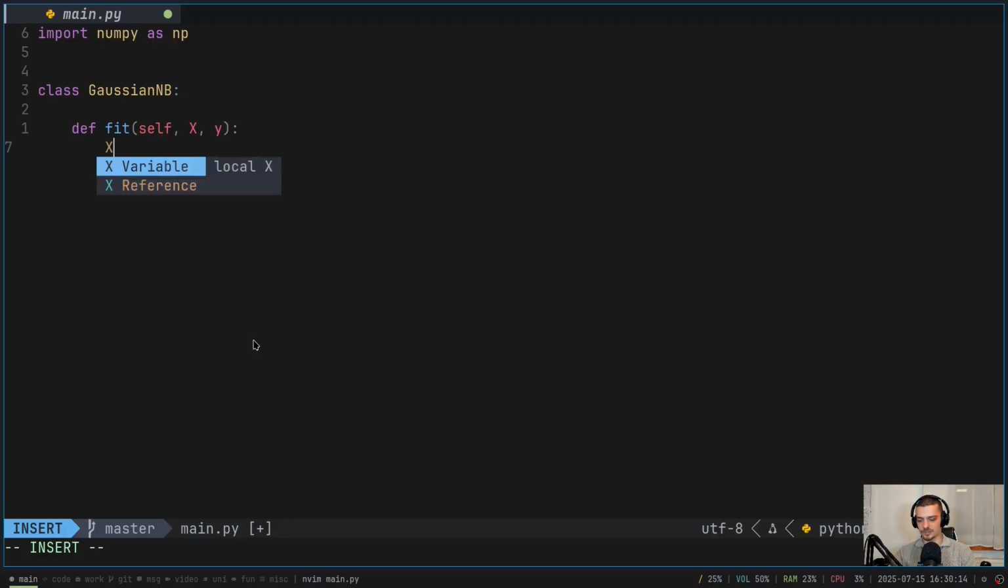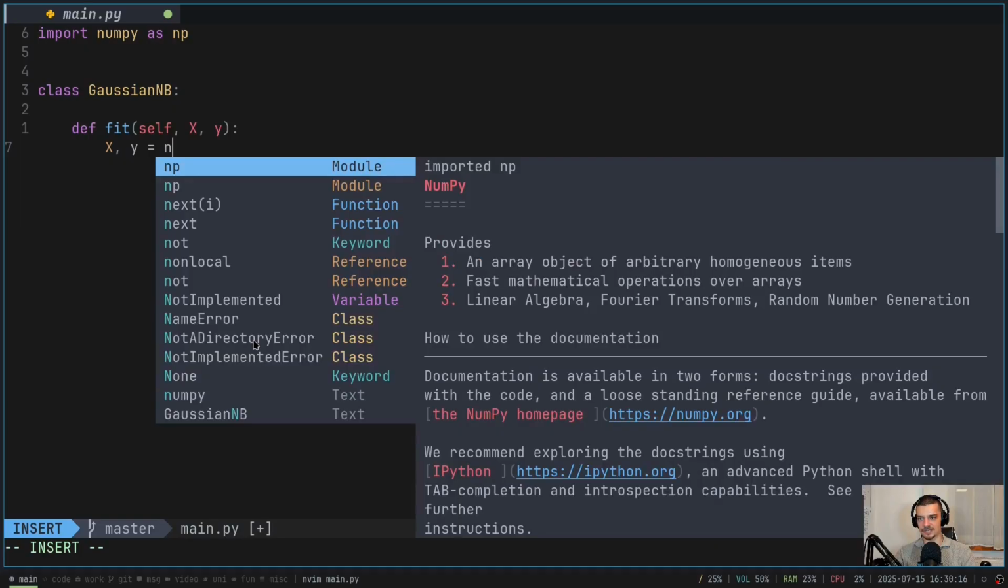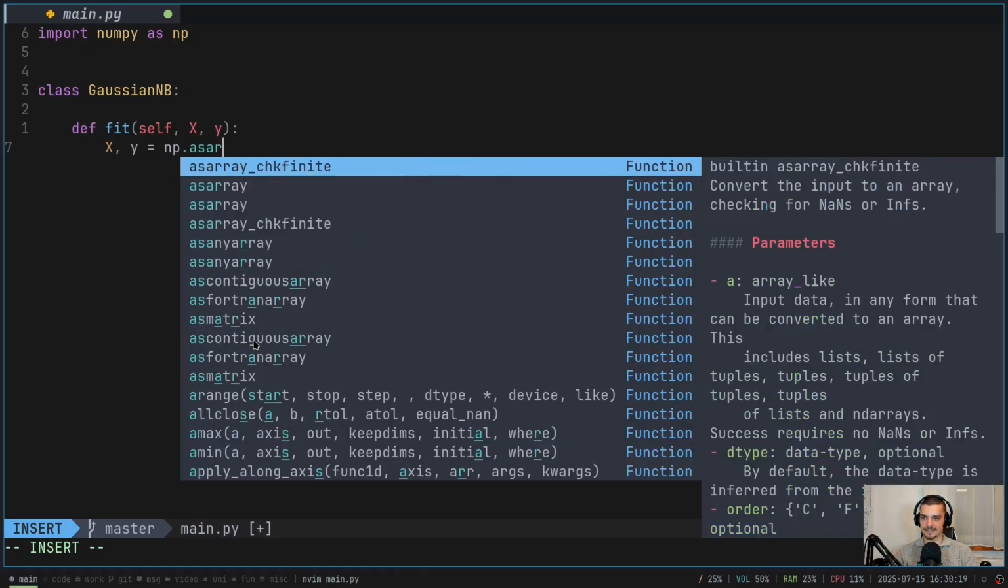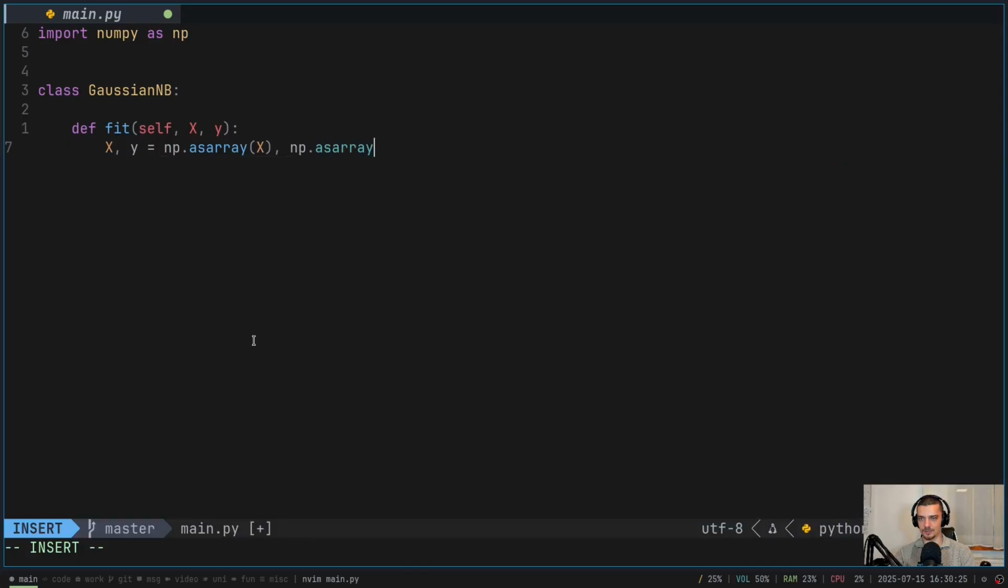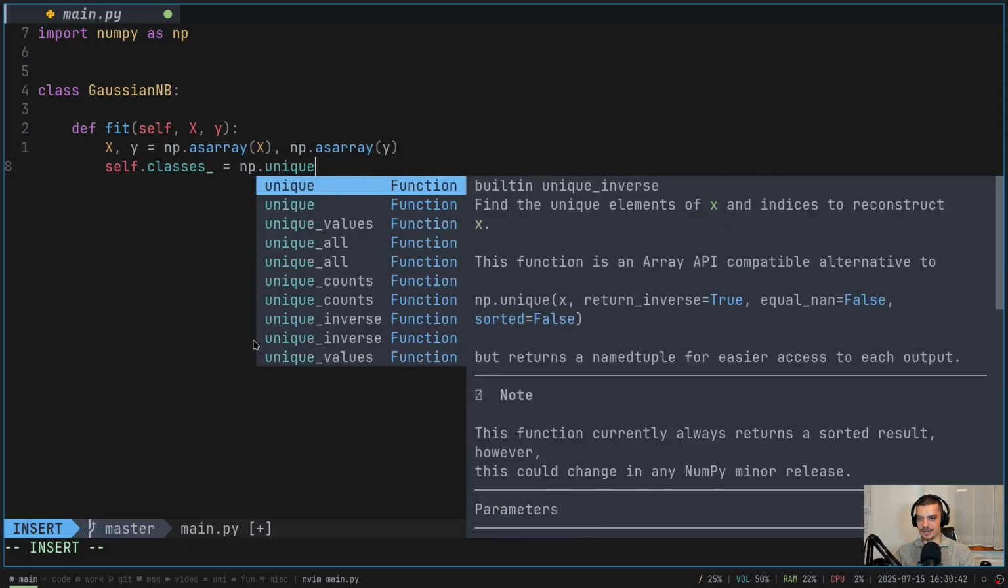So we're going to first turn the data into numpy arrays. So np.asarray x, whatever the data is. So np.asarray y as well. Then we want to know what is the set of classes. So what possible classes can I have? And for this, we're going to say self.classes_ is going to be equal to np.unique, so get the